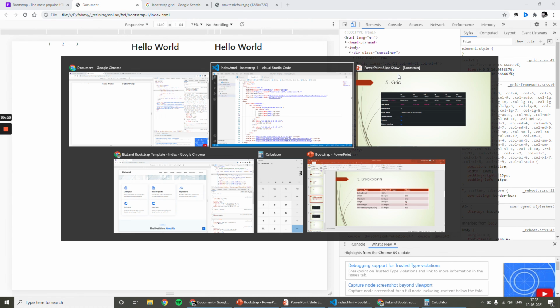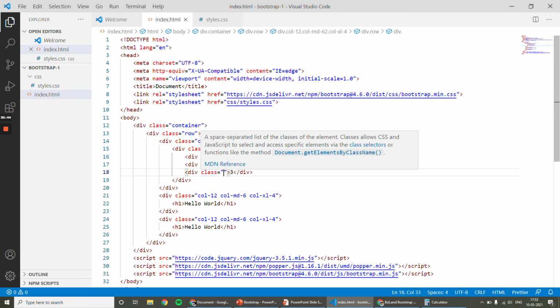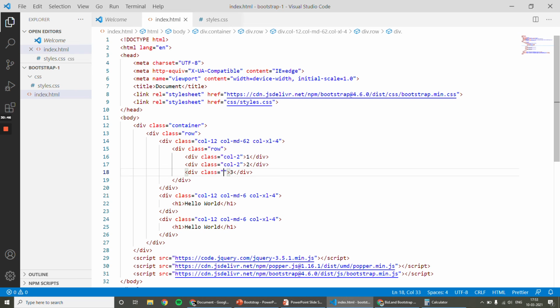But one thing you have to keep in mind is the column's parent should be row, and the row should have column only. You should not write like this. Someone will simply put row, but forget to apply any column value. It is also wrong.